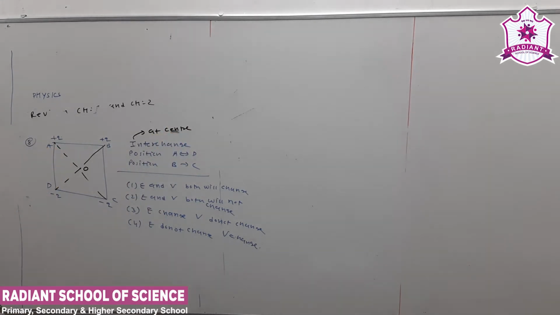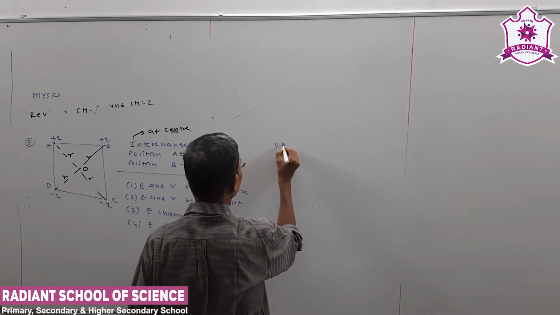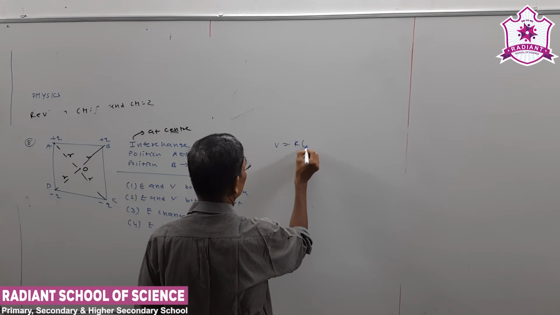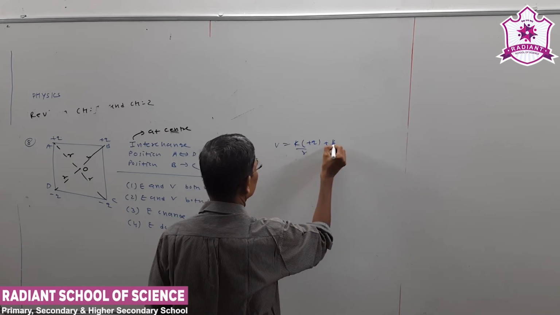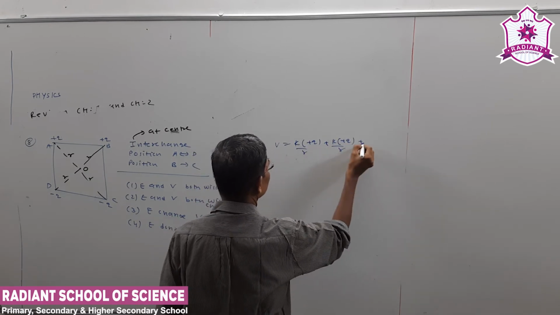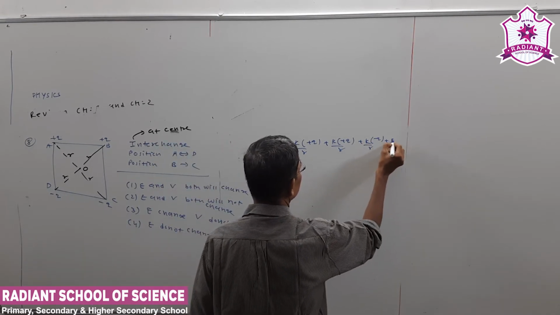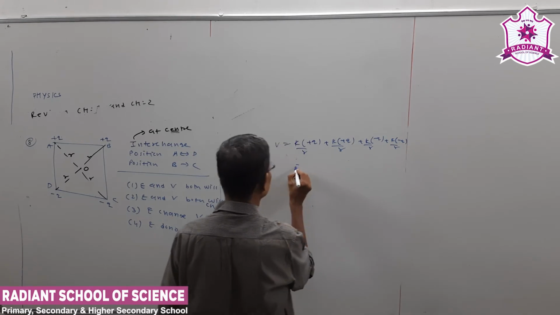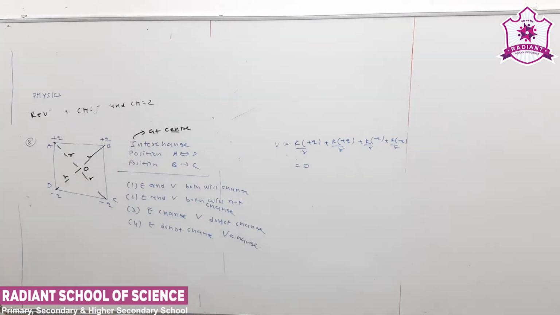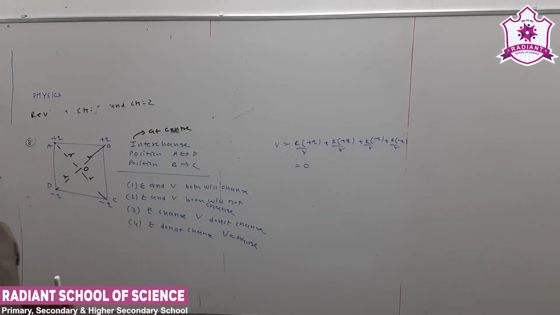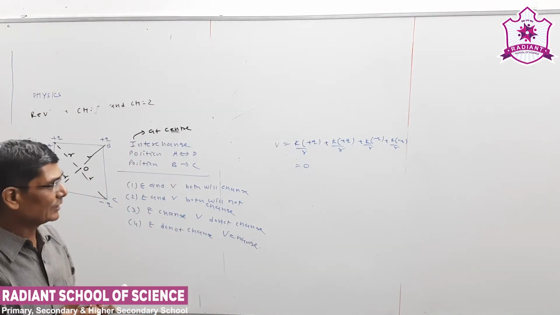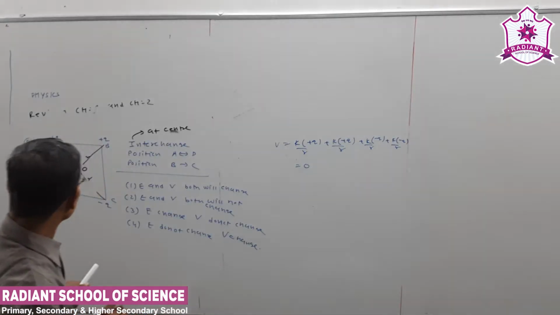Okay, now square, the distance of each vertex from the center will remain the same. Potential V is equal to kQ/R plus kQ/R plus kQ/R, and the third charge is minus Q upon R. When we interchange the positions, potential is a scalar quantity and will not change, but electric field is a